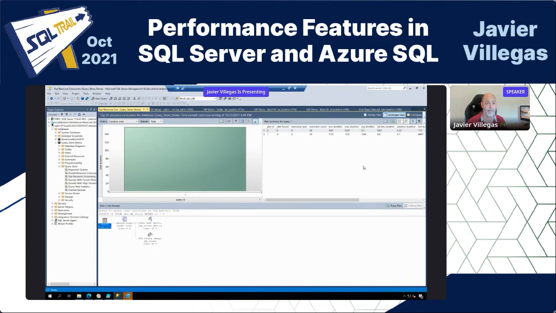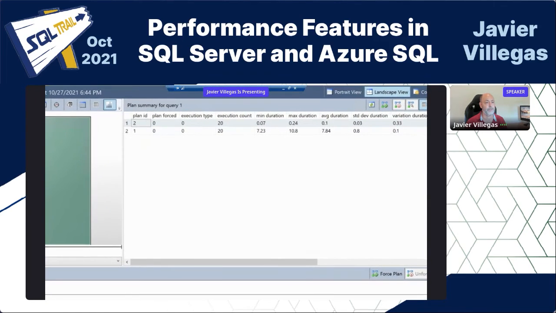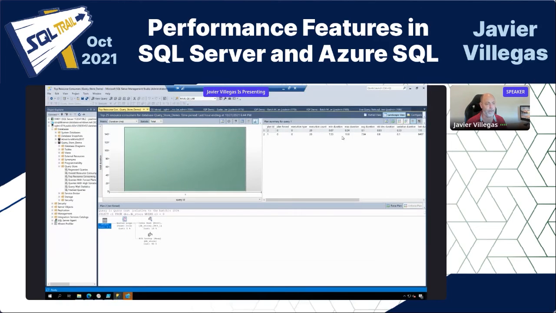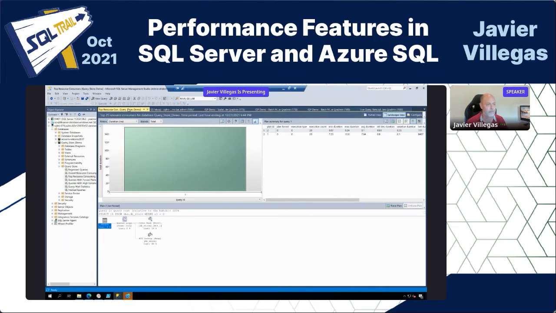When we go here to validate that, we see that now with the plan ID 2, the minimum execution was 007 instead of 7. So way, way faster. Again, we go here and we create another index, in this case, an index that is covering 2 columns. And then we execute our procedure 30 times. When we do that, I go back here,